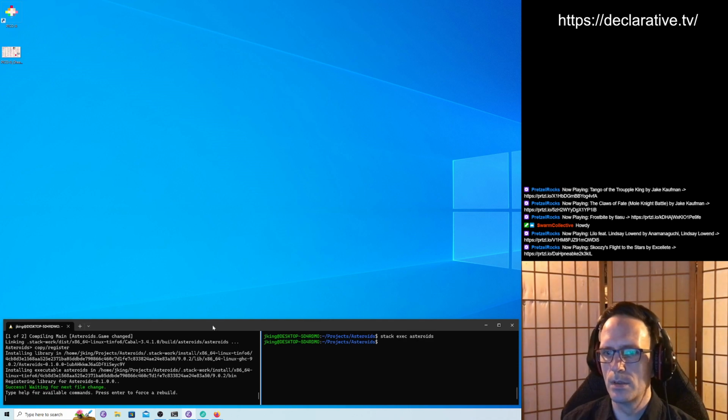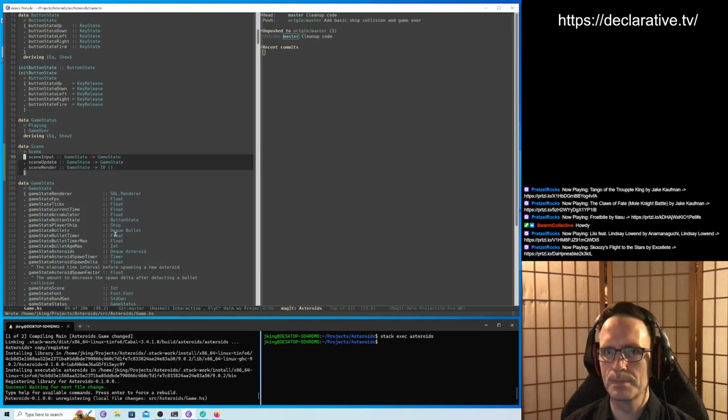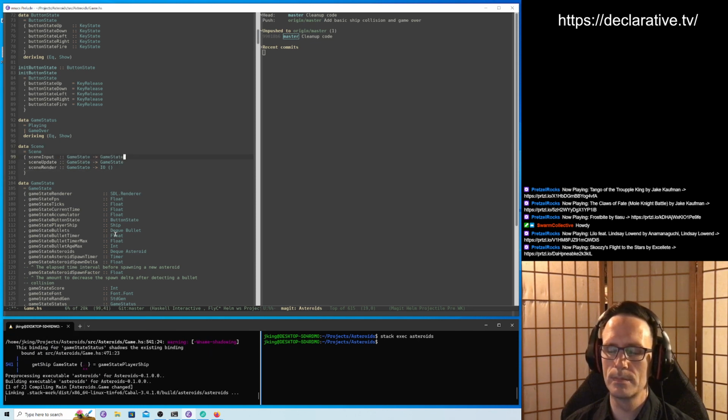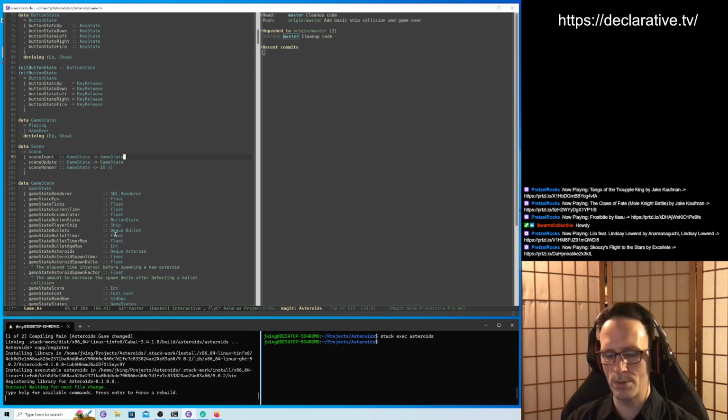Sorry, wrong key combo. We should be able to, wrong key combo because I have Haskell cat in my lap. We should be able to, yeah, create other scenes and stuff. So,